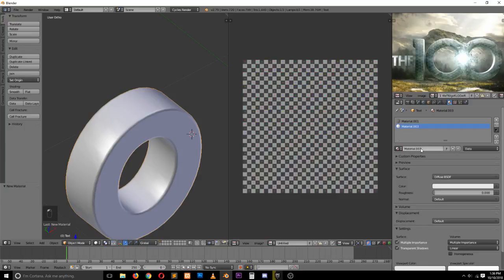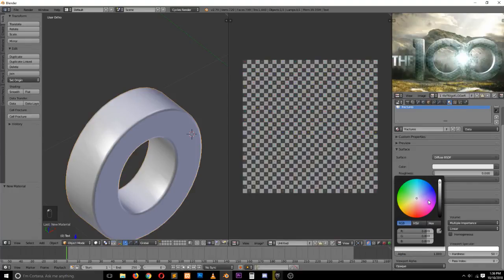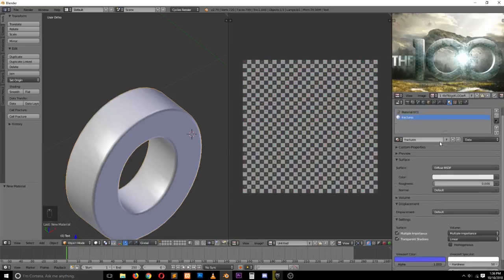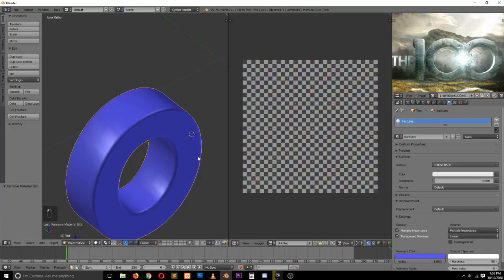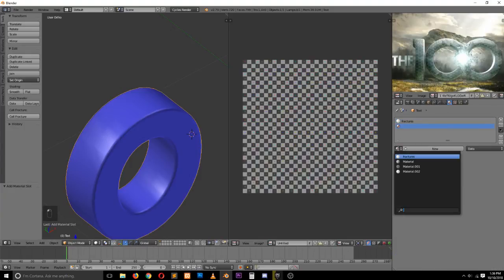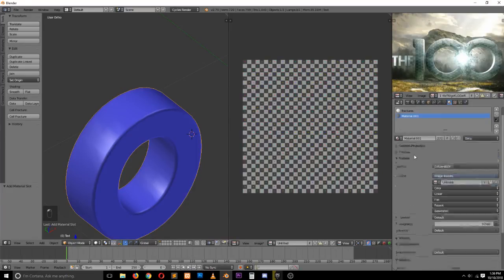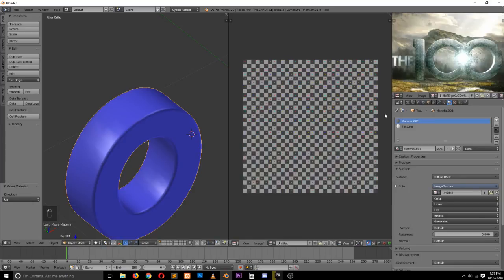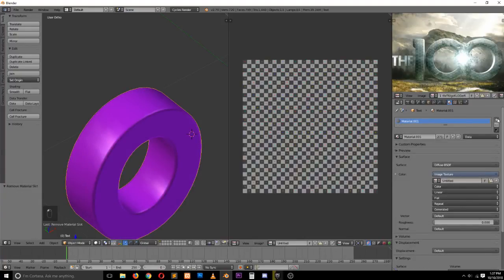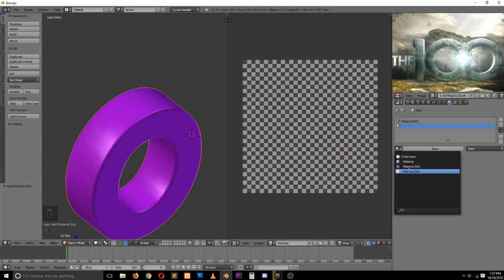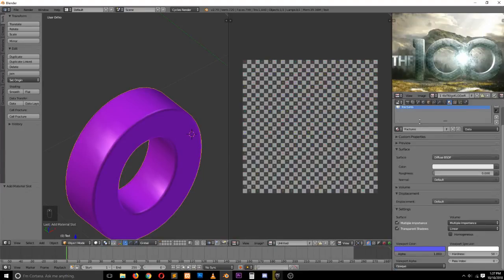So let's call these fractures, and let's give it a viewport color of purple. Let's first remove this and see how it, okay, it's supposed to look like that. And let's give the other material a viewport color of pink or purple, whatever. Move that up, and let's first delete this one, and again add back the other one, because we need the fractured material to be the second material, or to have this the